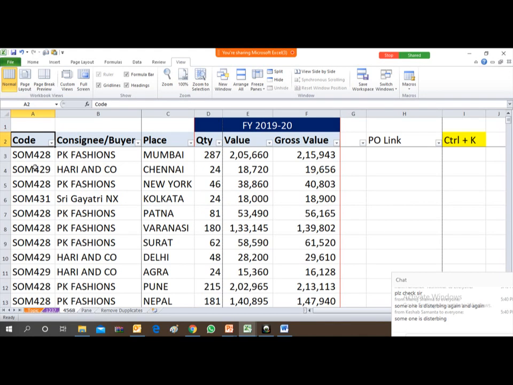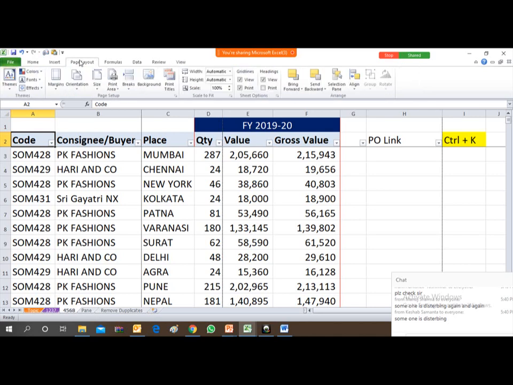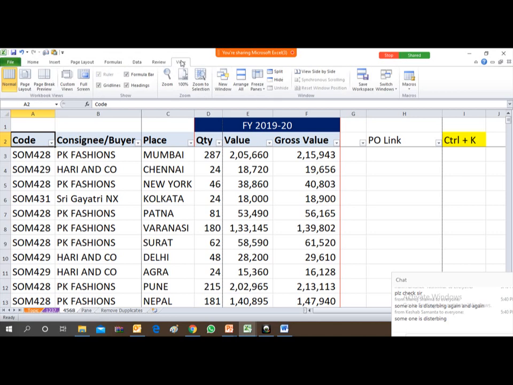So let's first set the margin of the printing. How can you set the margin of the printing? We have already learned that by going to view, you just press page break preview.